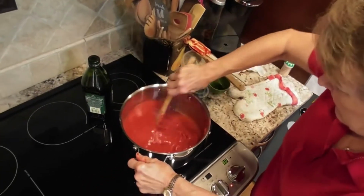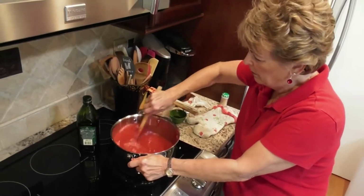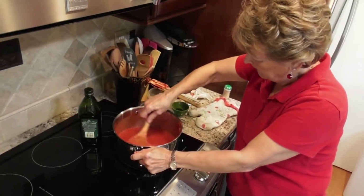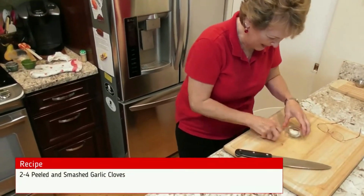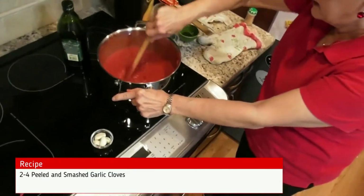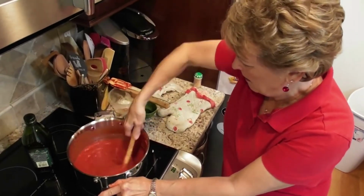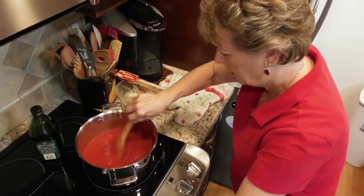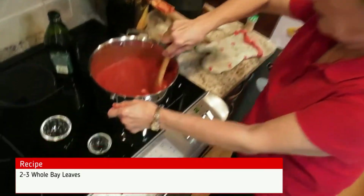And this is it. And once I get this all stirred, I'm going to add the bay leaf and the garlic. Now the garlic, I'm just going to take this real quick, smash it a little bit, and then pour in the sauce. Okay, so we can turn it down now. And as soon as it gets all blended, then I'm going to drop everything in there. Okay, we can put our garlic in there and then drop our bay leaves